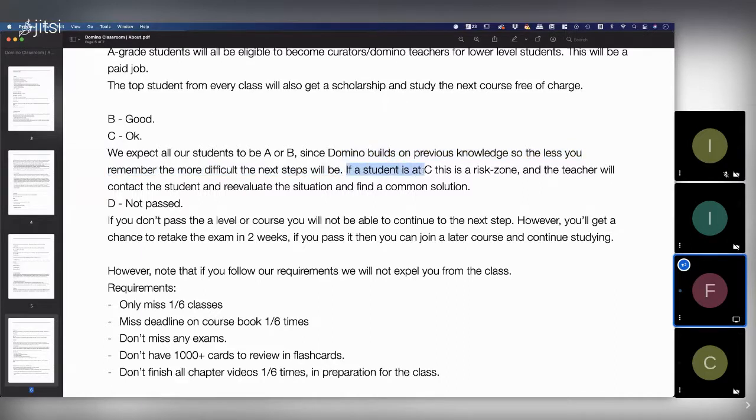So if a student is at C, that is the risk zone, and the teacher will contact the student and reevaluate the situation. They'll find a common solution. Maybe they realize that this student doesn't have time right now but wants to continue. They reach that agreement. Then we can give them a little break, and because we have so many courses running, hopefully later on,